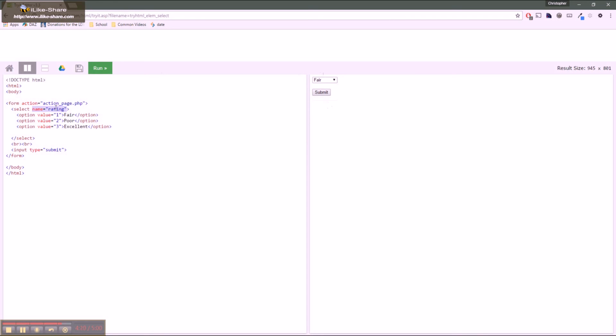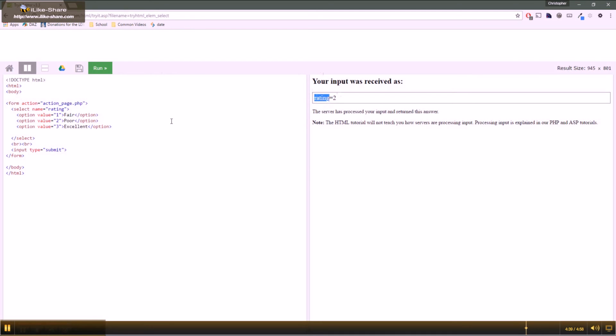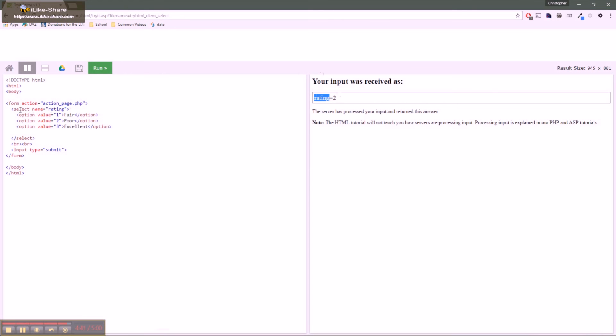So this is going to be basically what the answer is attached to, and I'll show you what I mean here in a second. So let's go ahead and select poor. I realize these are in weird order, but let's go ahead and select that. I'll click submit just so that you can see what I'm talking about here. So rating, again, that's the name of the select here, this input type here, and then we have 2 because that is the value of the selection that was